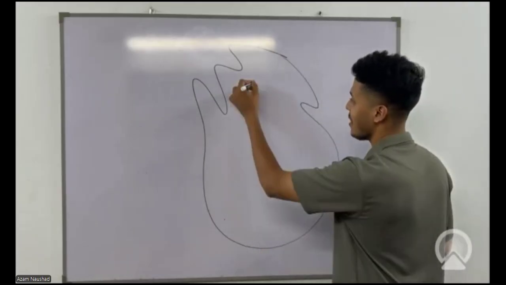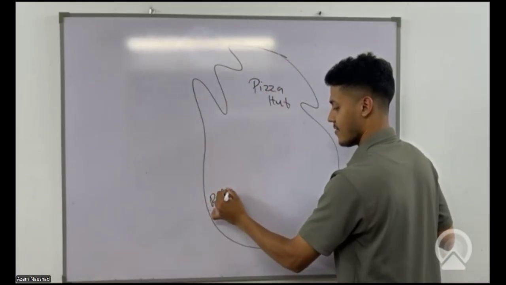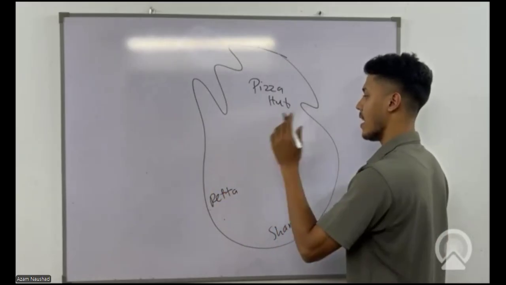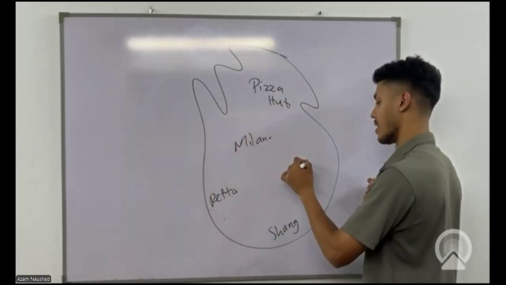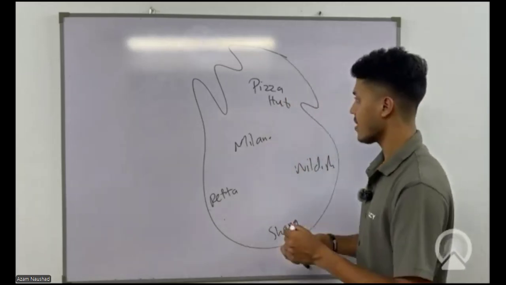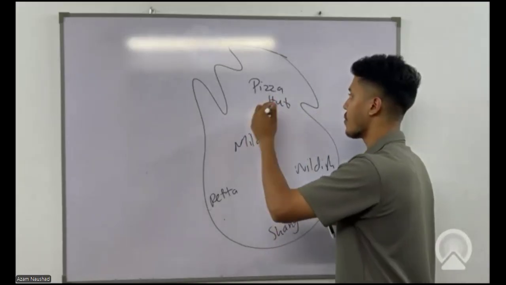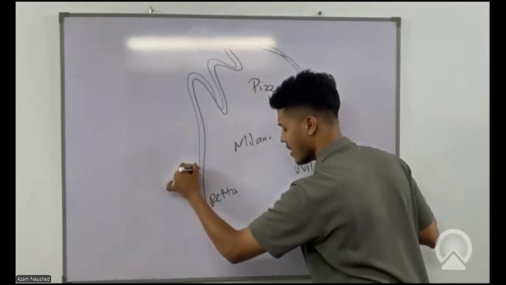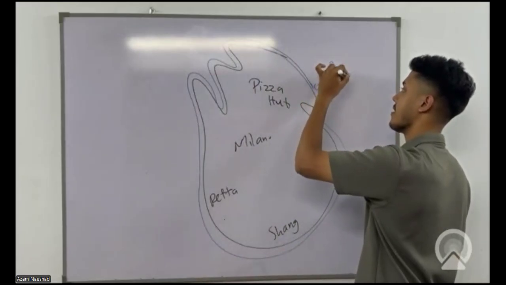So let me park Pizza Hut over here. And let's say Petabat Kade, right? And let's say Shangri-La in Galle, just as him. And let's say Milano. And also we have Wild Dish. Let's say Wild Dish in Batticaloa. Wild Dish, right? So this time, when I was answering uncle's phone call, I basically gave the idea on the entire restaurant industry.